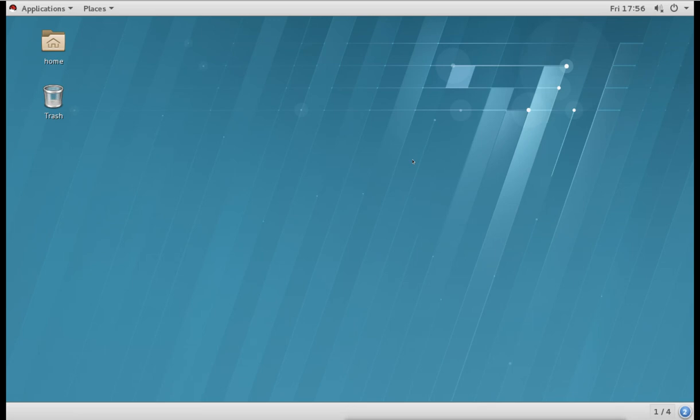Now on those 7 terminals we have only one graphical, and the rest of the terminals are command line. To switch the terminal, we press Ctrl Alt plus those function keys.